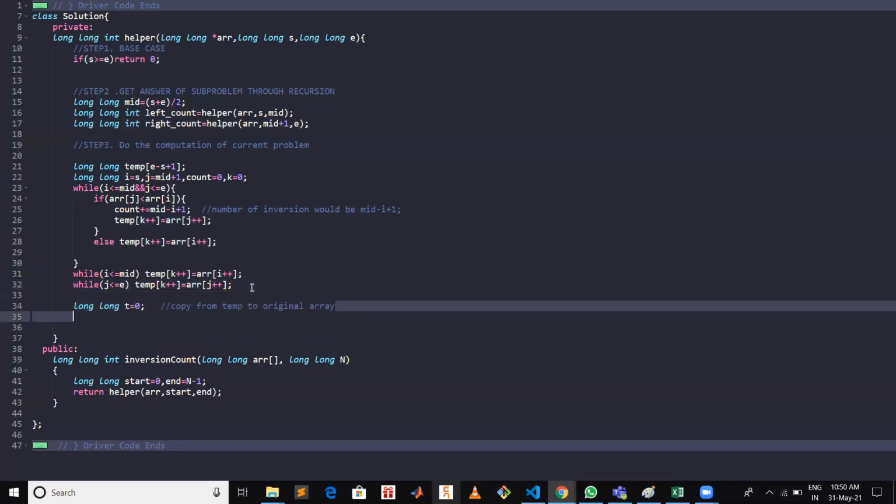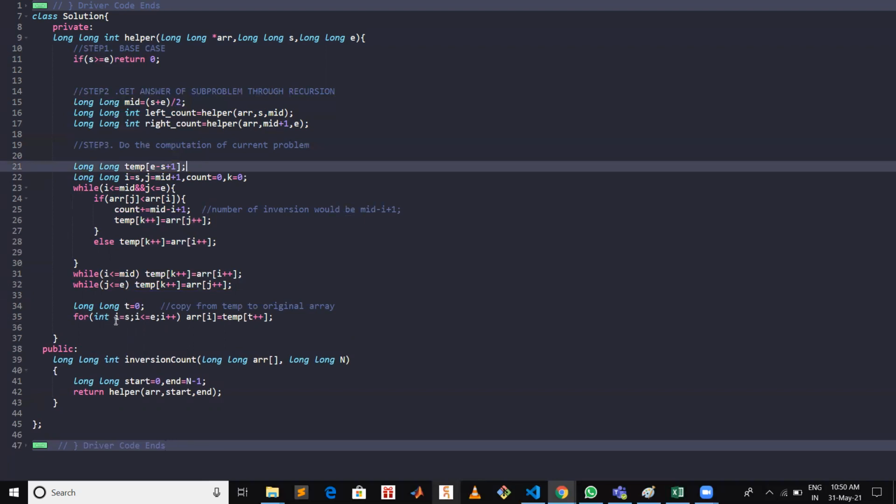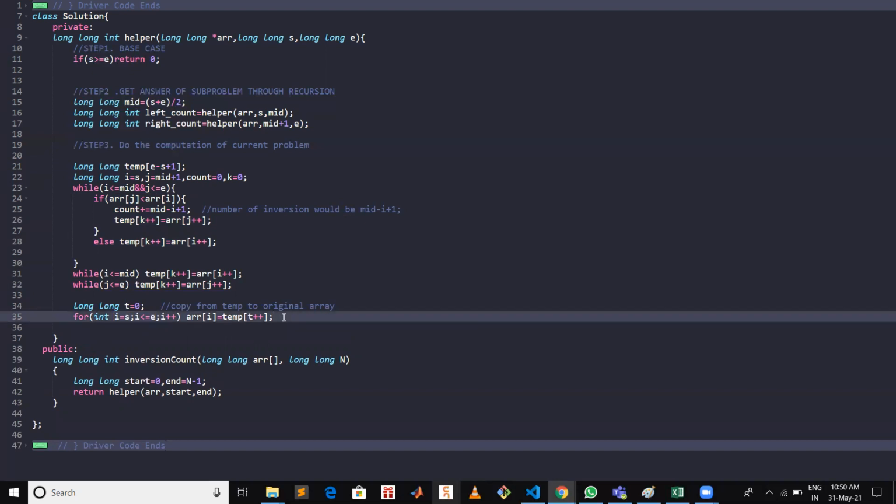Now what we have to do is copy this array. We have to actually make changes in our original array ARR, which we have initialized. So in our original array, we will copy these values from temp from starting to ending position, since temp is currently holding all elements from starting to ending position in sorted manner.